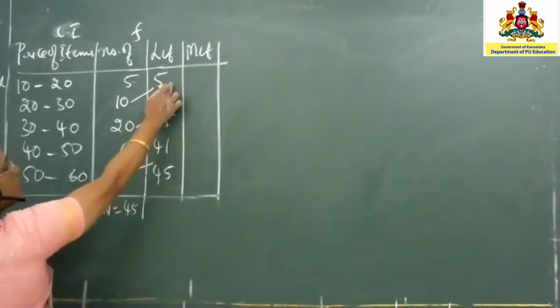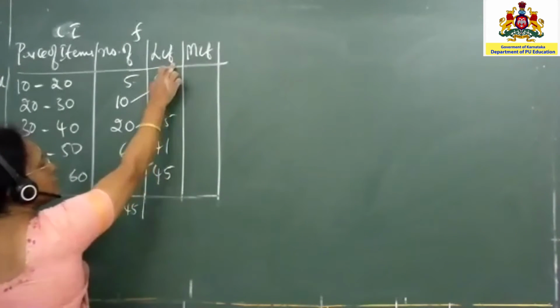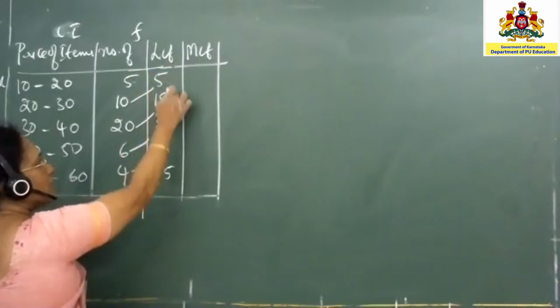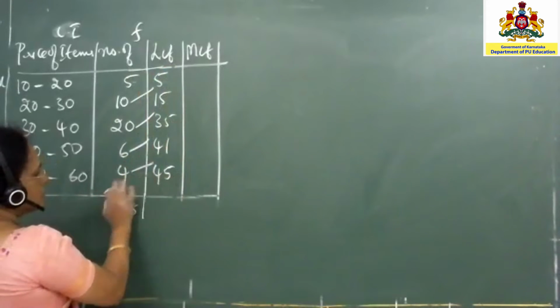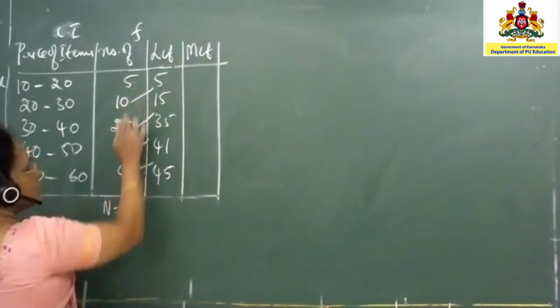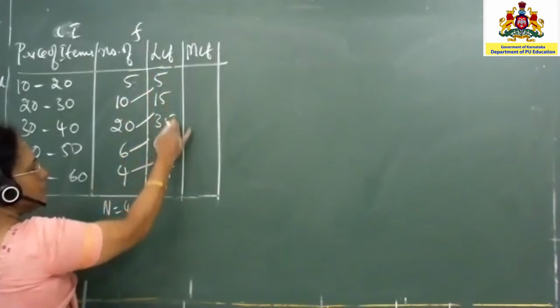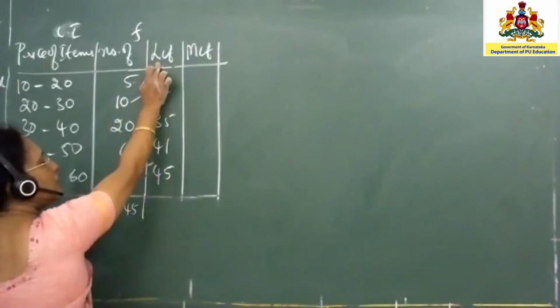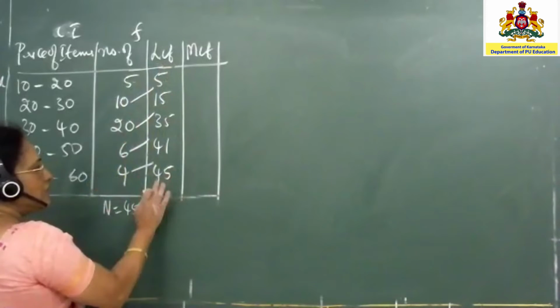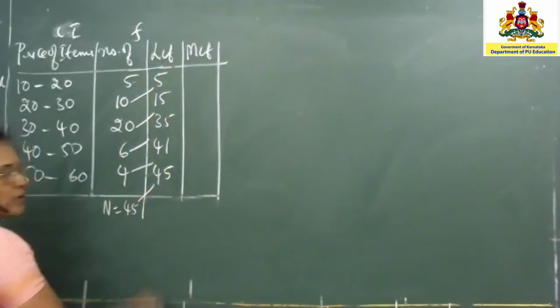Now I have told you, if it is LCM, it starts with a lesser value and gradually increases. So this is how you have to differentiate. This increases and decreases, but here it is in the increasing order. Starts with L means lesser value, gradually increases. And this will coincide.